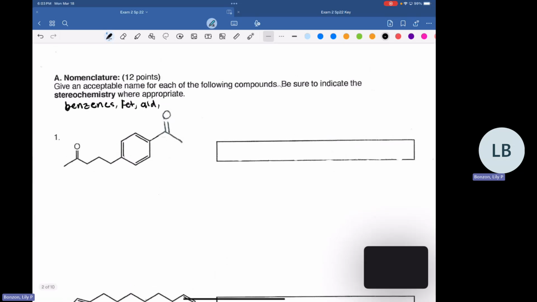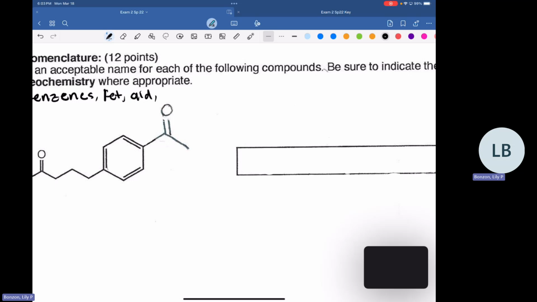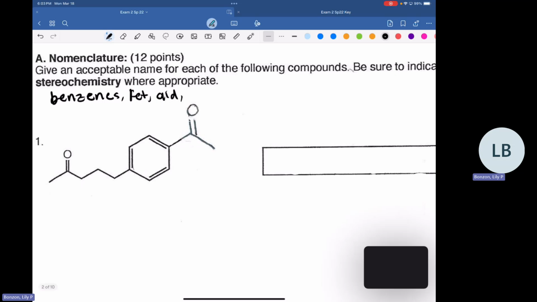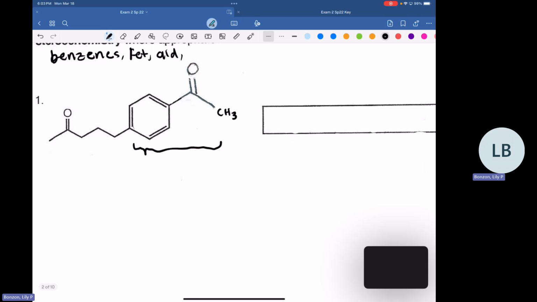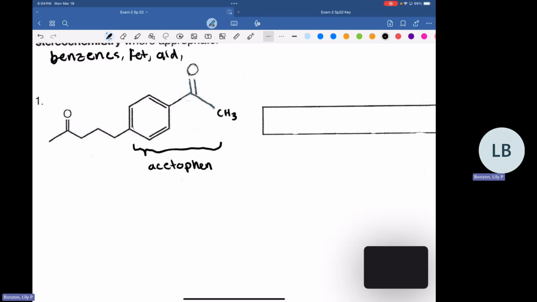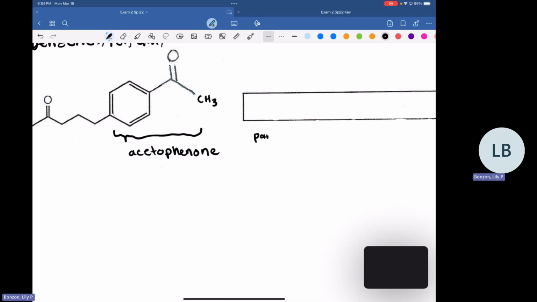All right. So when we look at this first question, the reason why I brought up all those common names is because if we look over here to the right, we have this carbonyl with this CH3 group on the right. Including that into our benzene, that is actually going to be acetophenone, which is one of our common names. And so that is going to be our parent chain. That can make it a little bit easier on you naming, because with that common name, that's one less substituent you have to worry about naming. So that's going to be our parent name in this case. And then we just have to worry about our subs.